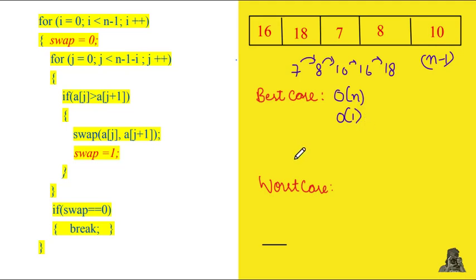On the other hand, the worst case will be when we have given the array in descending order. So onto that we have to do n number of comparisons and again n number of swappings will be done. So let's say this is the array that we have given. So this is in a descending order. So we have to do the swapping so that this 18 can reach the end and then 16 and then 10 and so on. So in that case we have to do n-1 comparisons and n-1 swappings will be done. So ultimately this will be a polynomial with the order of n square.